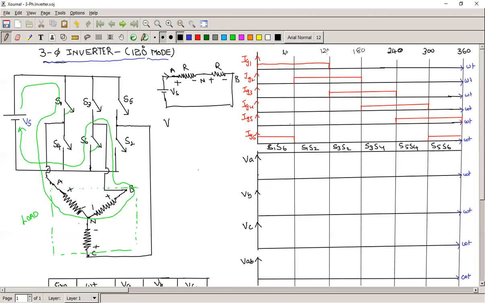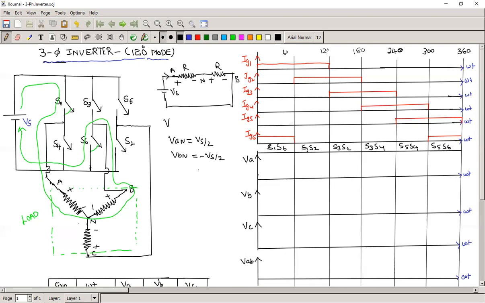But B is positive with respect to the neutral, then it is the positive B phase voltage, but it happened reverse. So VAN voltage equals Vs by 2. With equal resistance, the voltage also will be divided equally. VBN equals minus Vs by 2. In the same manner,